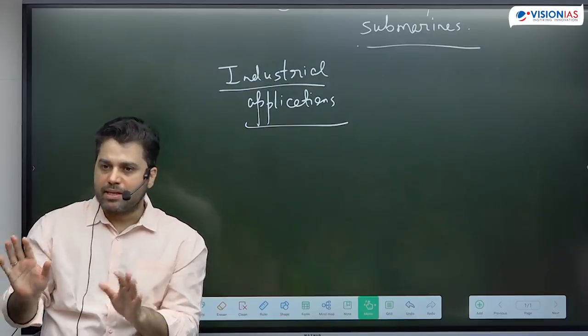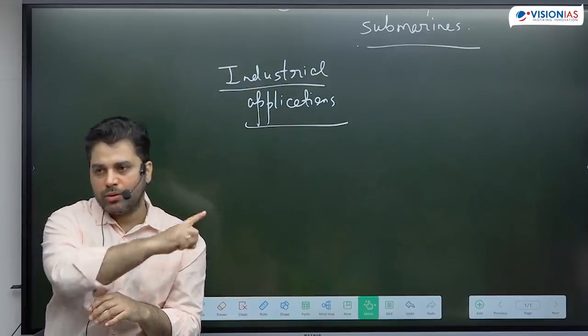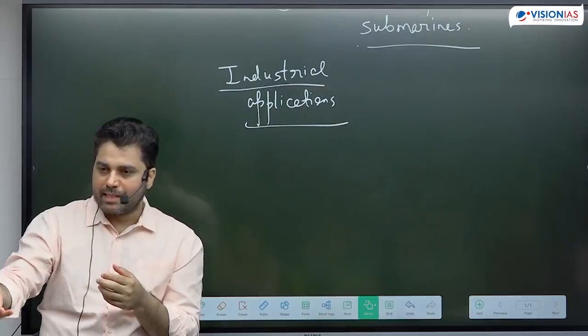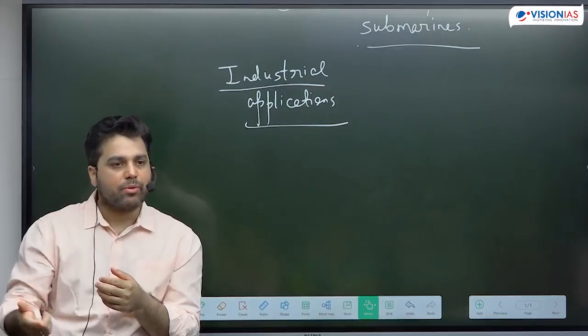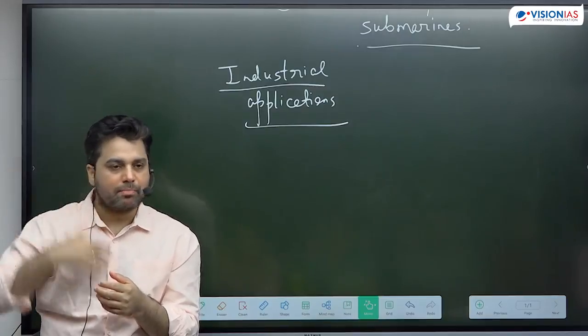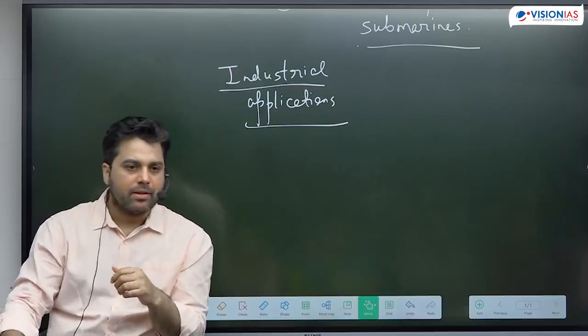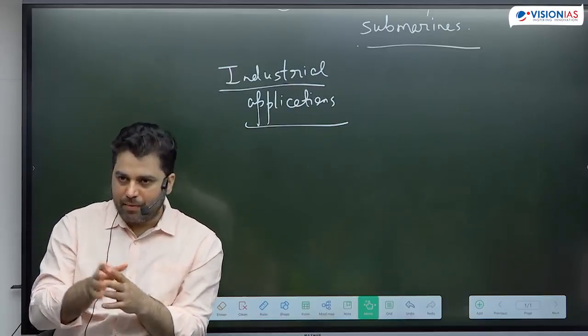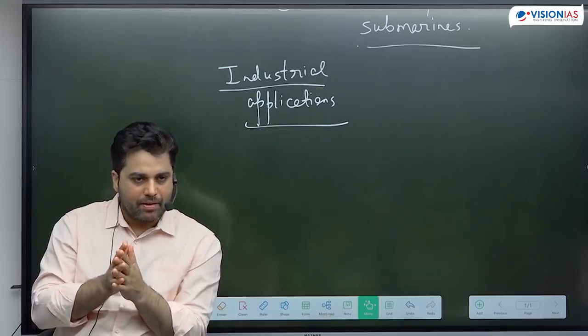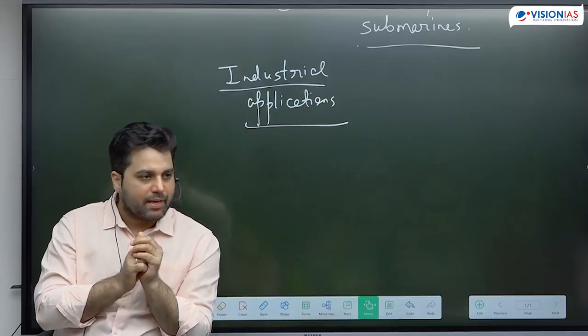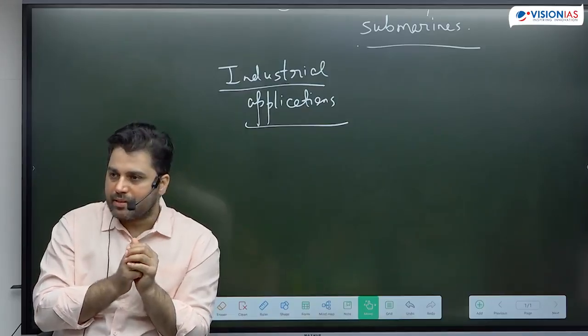So all you need to do is take a Geiger counter and roam through this entire pipeline. And the moment you are near the source of leakage, it will start beeping more and more because it is receiving more and more beta decay. And the more the beeping increases, that means that is your leakage source. Such an application is called a tracer, that we can use to trace a particular type of leakage, and such radioisotopes are called radio tracers.